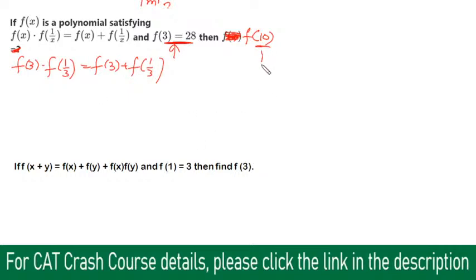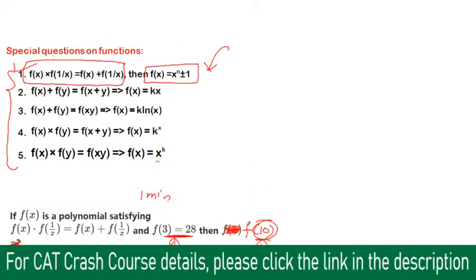But our objective is to get f of 10, and 10 right now doesn't seem to have any connection with 1 by 3, okay? So you get stuck in a loop and the same thing keeps coming again and again, and you don't get the value of f of 10, unless you do manipulation of the highest level, I would say. Now what I said is that if the function is in this particular format,